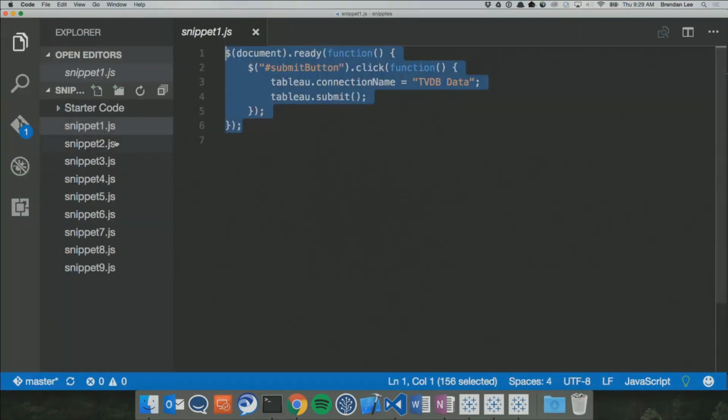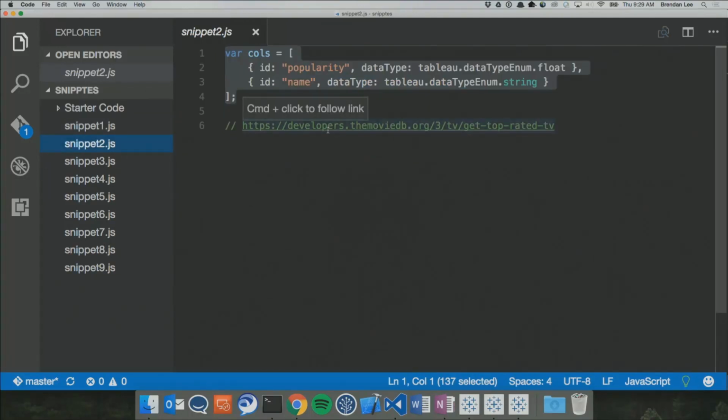I've worked with a lot of developers on the Web Data Connector platform, and I've actually seen that this can be one of the most tricky parts. Just figuring out exactly how your API works, what is the information that is available through the REST API you're trying to connect to, that can often be really challenging, especially when the REST API doesn't give you great documentation. For this, I would recommend a tool called Postman.